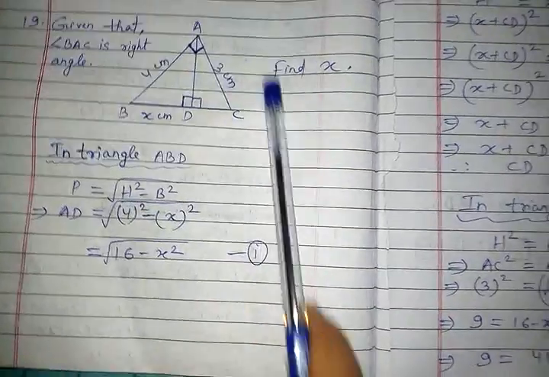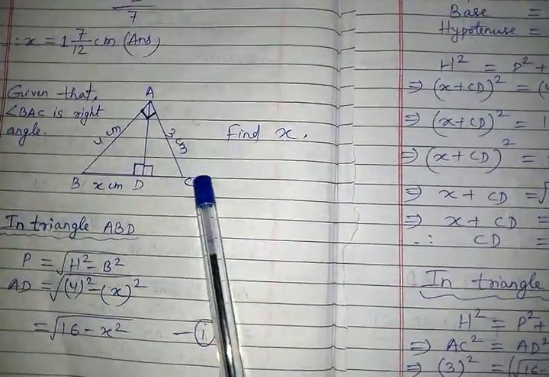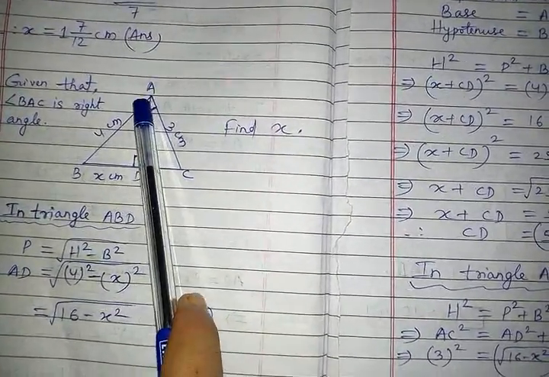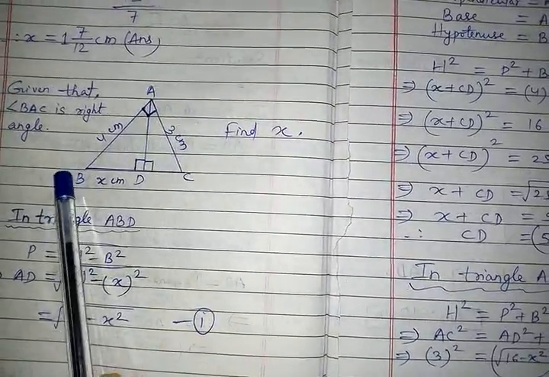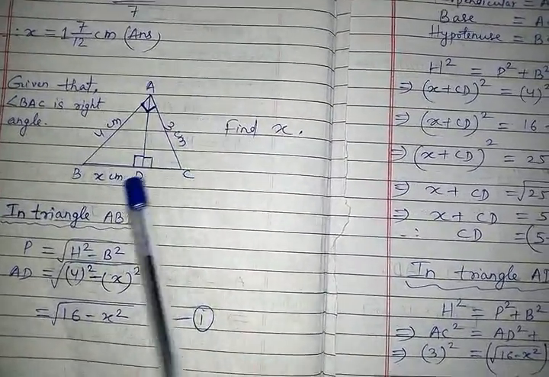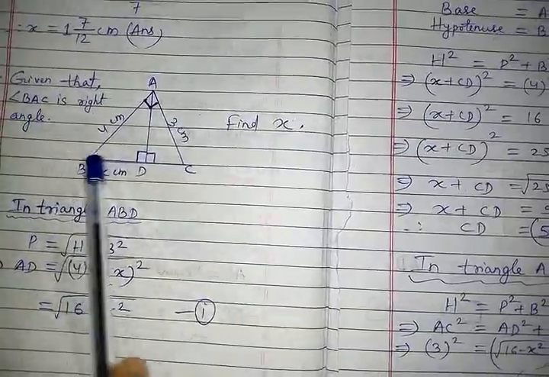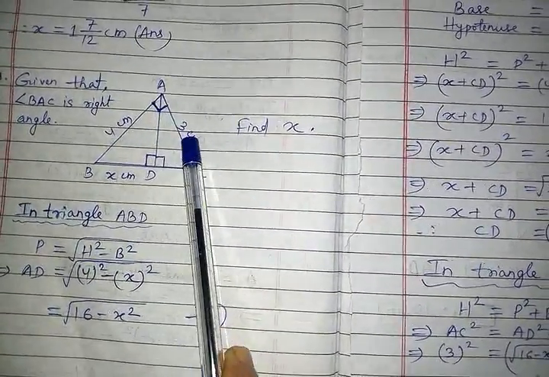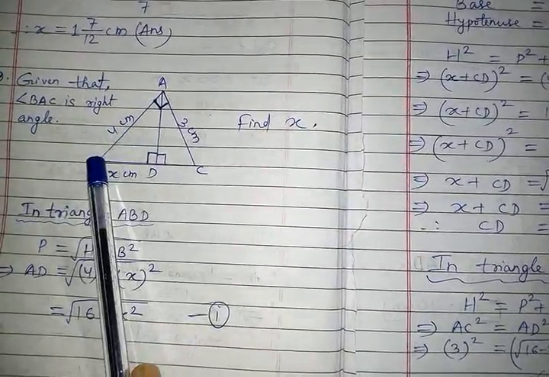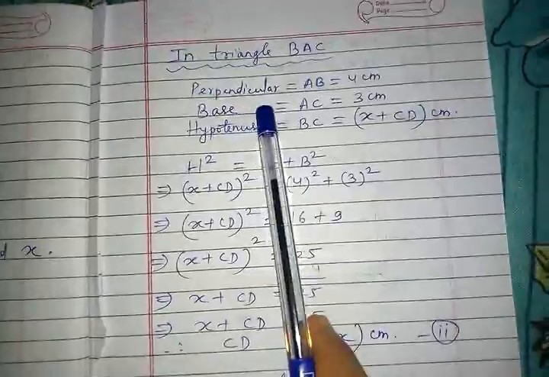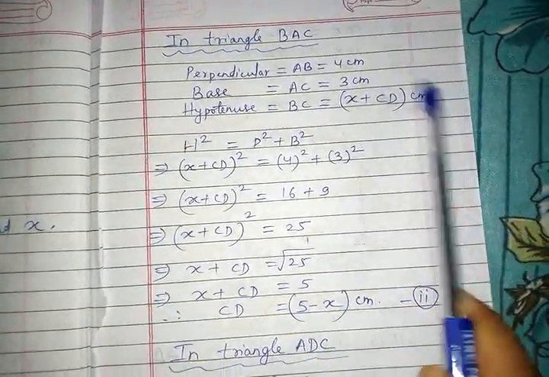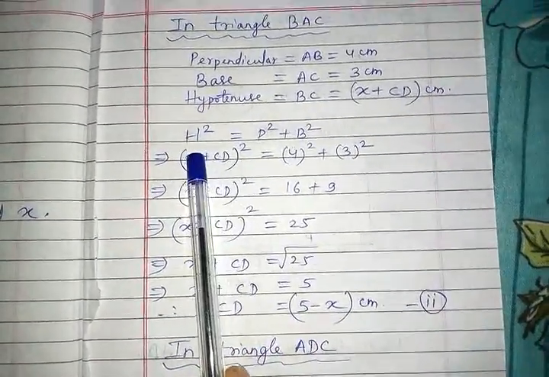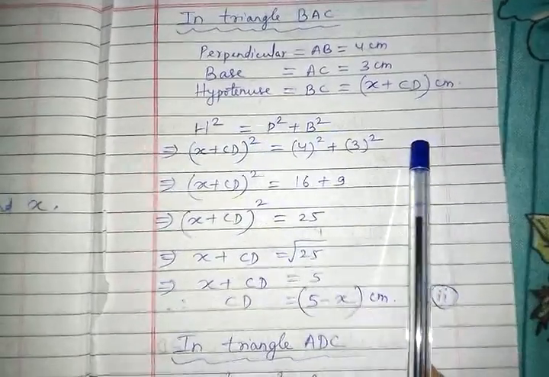Second I will take triangle BAC, that is BAC means the whole triangle. So in this triangle I can say if 90 degrees is at this portion, then one will be perpendicular, the other will be base. That means this portion will be our hypotenuse, because the rule is wherever there is 90 degree, one will be base, the other will be perpendicular. So this will be our hypotenuse. So here I have named who is perpendicular, who is base, who is hypotenuse, and the formula is h square equal to p square plus b square.